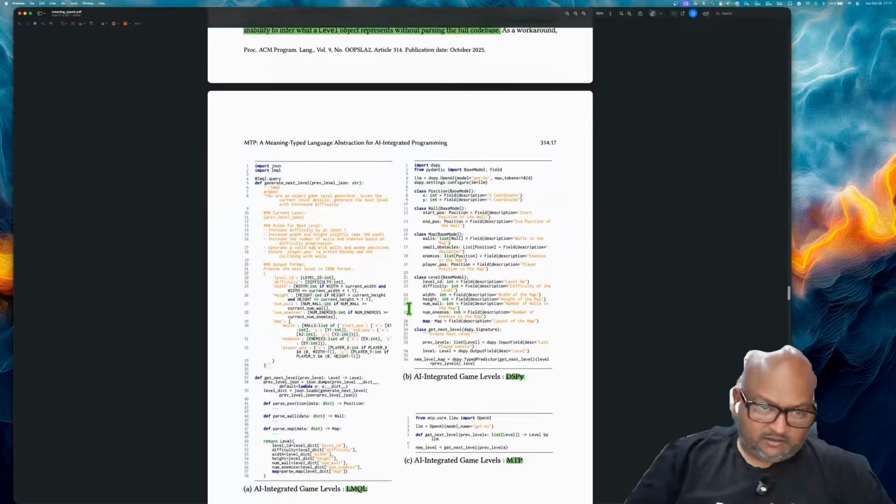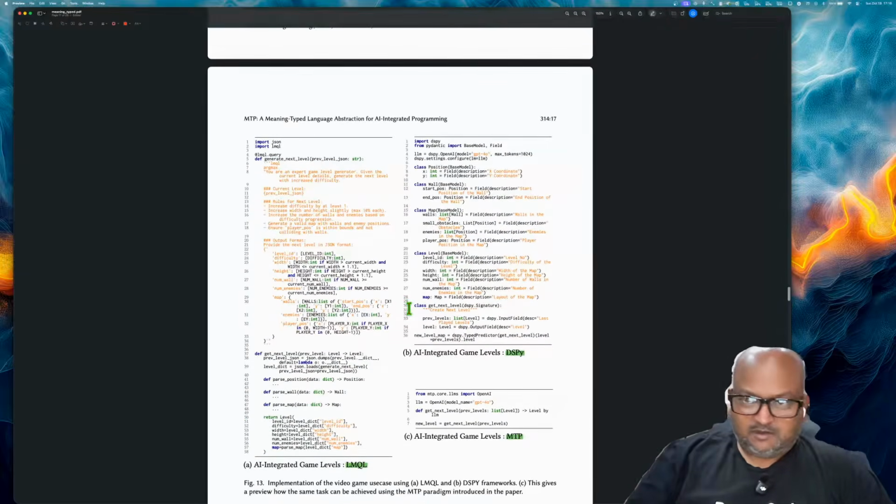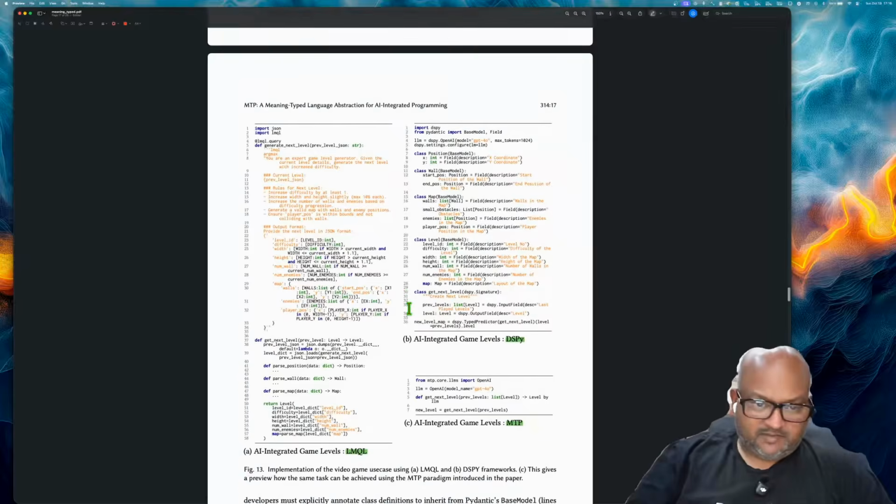LLM. So in terms of evaluation and looking at how some comparable systems behave, they looked at LMQL, which is another system that lets you do LLM integrated programming. However, that still isn't abstracting away a lot of the details of the prompt.